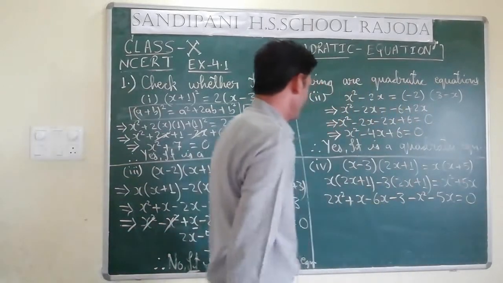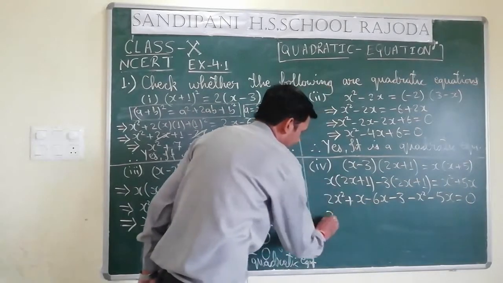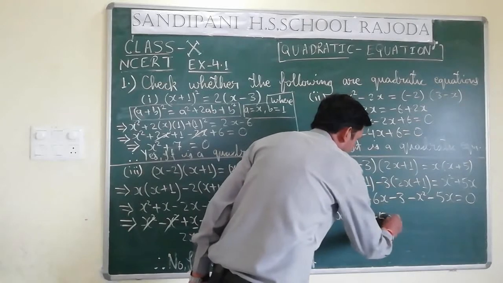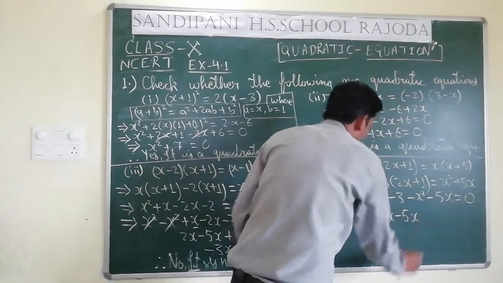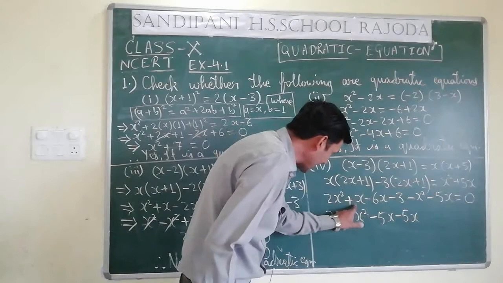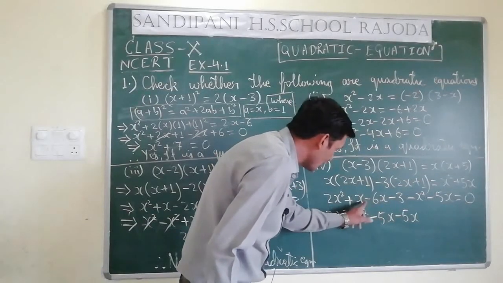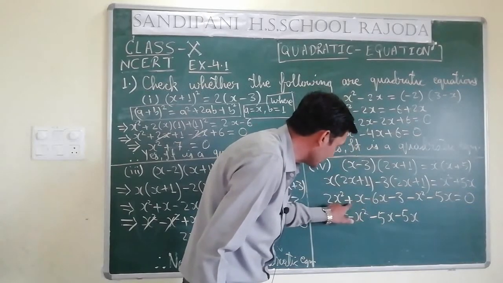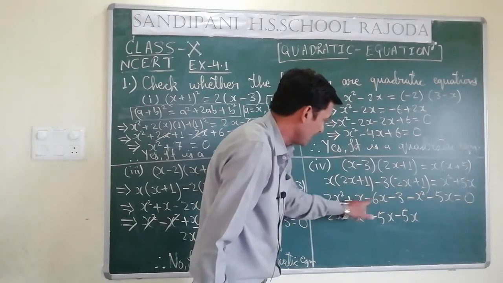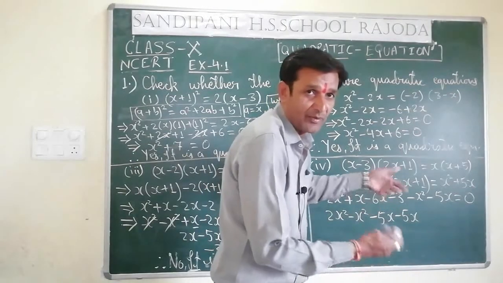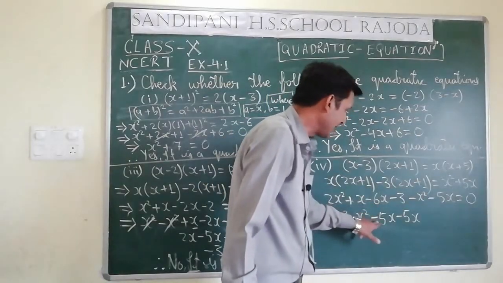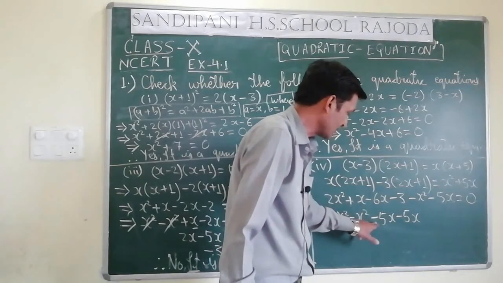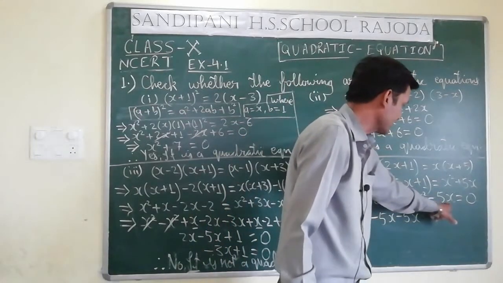Now 2x square minus x square, minus 5x, here it is x minus 6x, means it is 1x and it is 6x. So bigger digit is having negative sign and these are having two different operations, it is positive and it is negative. So we have to subtract the smaller one from the bigger one and we have to write the greater digit sign. So greater digit is 6 here, that is why minus 5x is written with this x term.